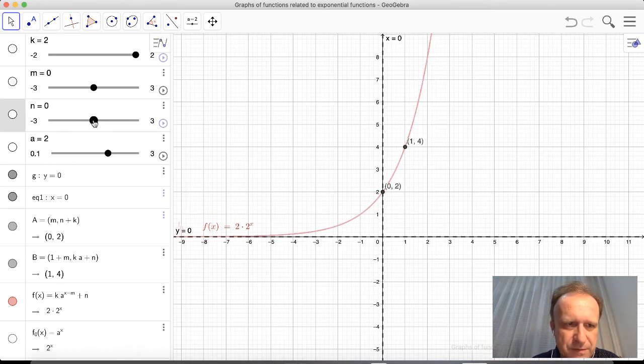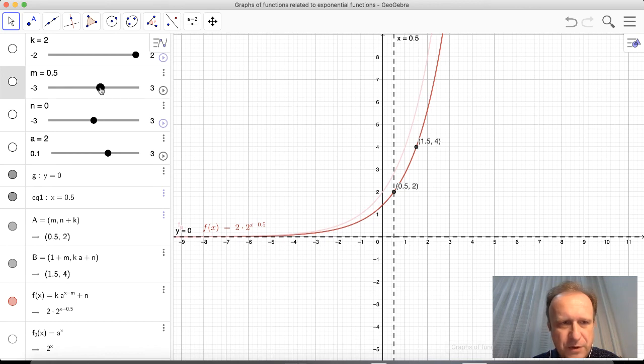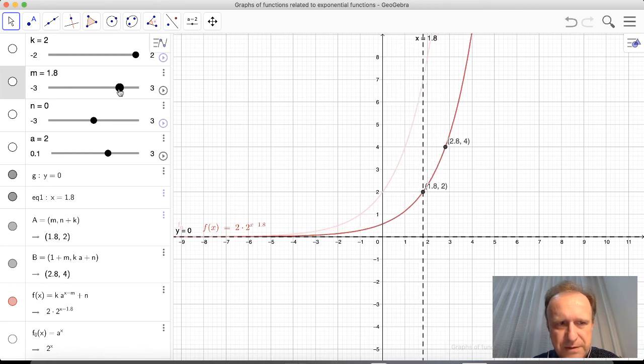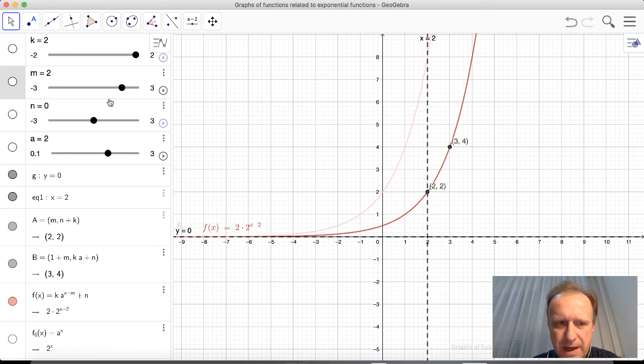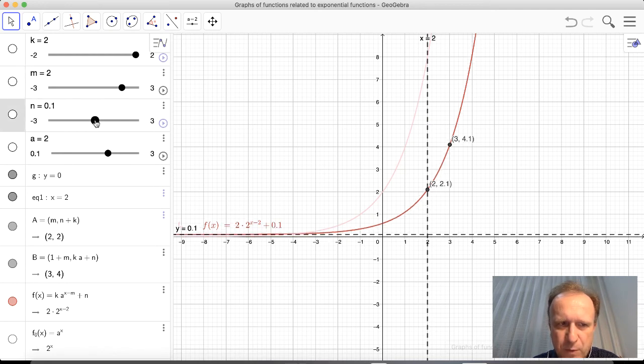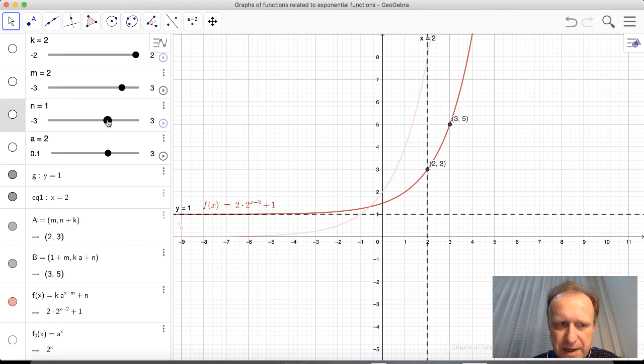Now if you set both values of m and n different from 0, see what happens. These two effects combine. So first let me shift the function in horizontal direction by 2 units. So I take m equal 2, and in the vertical direction by 1 unit. So I now take n equal 1, and what I end up with is this new position. So there is a shift through 2 units to the right and through 1 unit